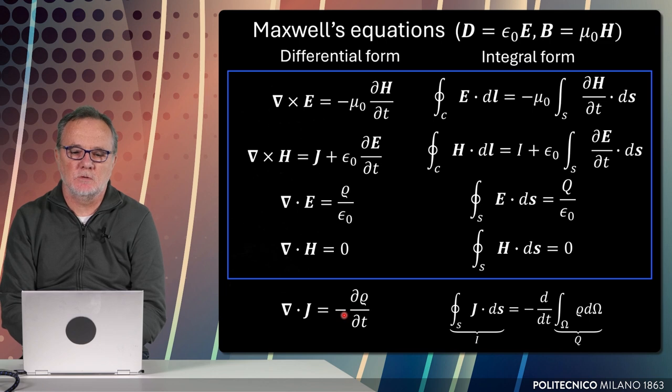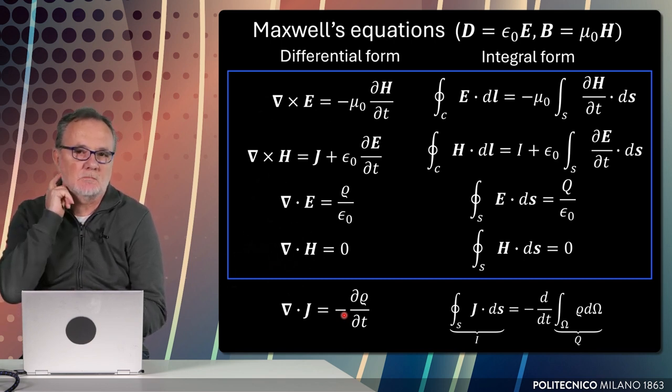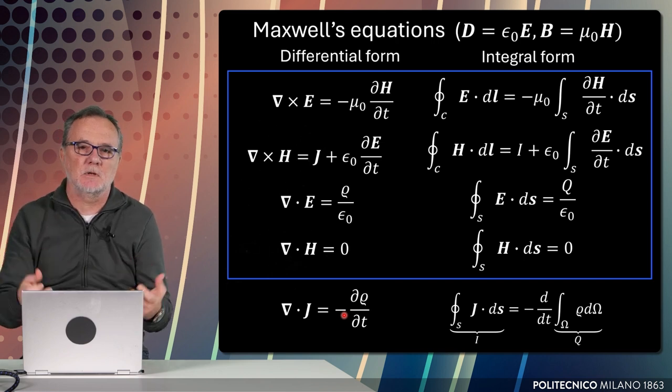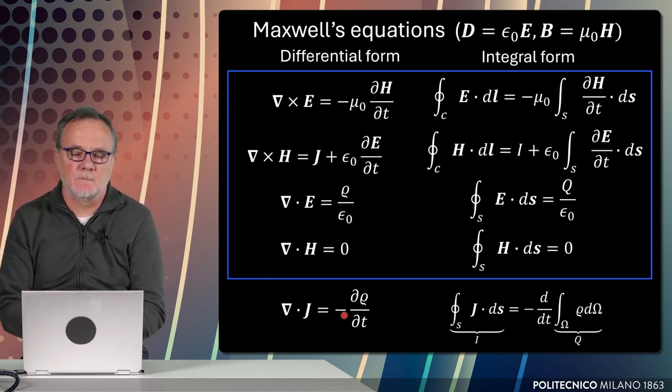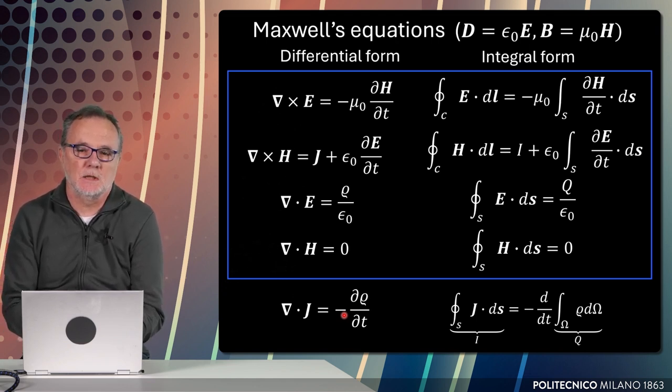Okay, now in vacuum, there is a proportionality relationship between D and E and between B and H, so that we can write Maxwell's equations now, for instance, only in terms of the E field and the H field. This system of equations is now solvable because there are a number of equations and a number of unknowns that make these two compatible for the solution. Previously, if we do not introduce a constitutive relationship between B and H, between D and E, Maxwell's equations are not solvable. There are too many unknowns.